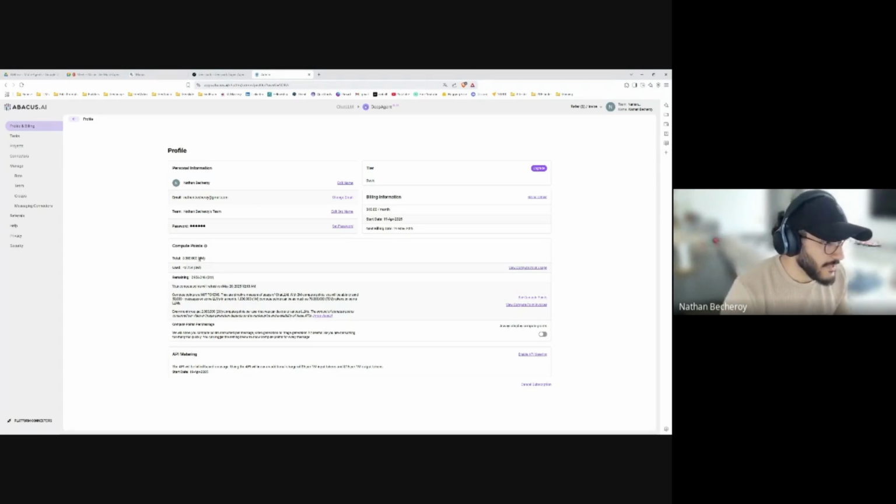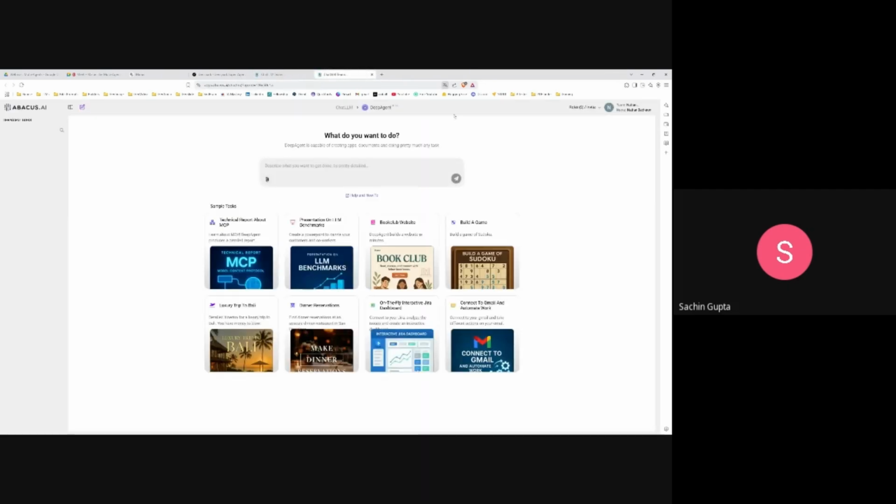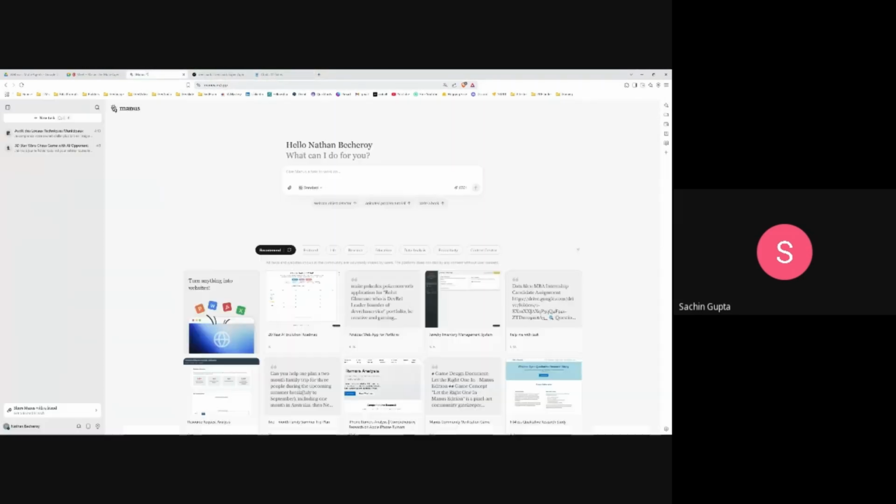You pay $10 a month to have 2 million per month, and then for each million you pay $10 if you want more. Once you start using it, you'll understand what $10 gives you, depending on the task you are doing, because it also shows you what compute points you are consuming after you do a task like image creation or video generation. Exactly.